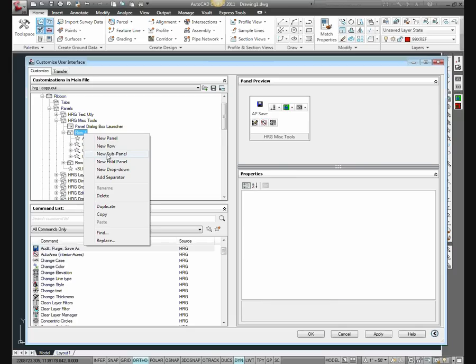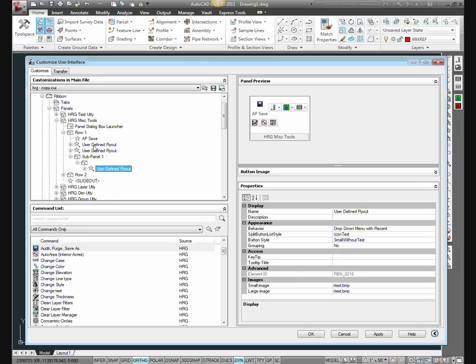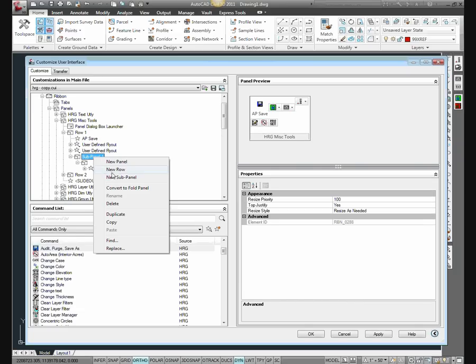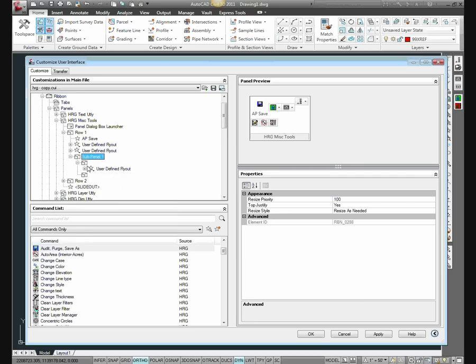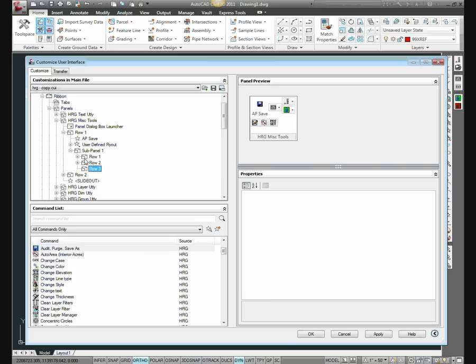What we're going to do now is you have to add a sub panel, I think it is. Yes, a sub panel, and then you can just grab and move commands into those. So this is the first sub panel. In that sub panel, I want to add another row, and it's supposed to say row 1, row 2. I've noticed sometimes it does, sometimes it doesn't. It works either way. And add that one to that one, and add that one to that one. And there you can see now the rows popped up. So it's sort of a little crazy, but